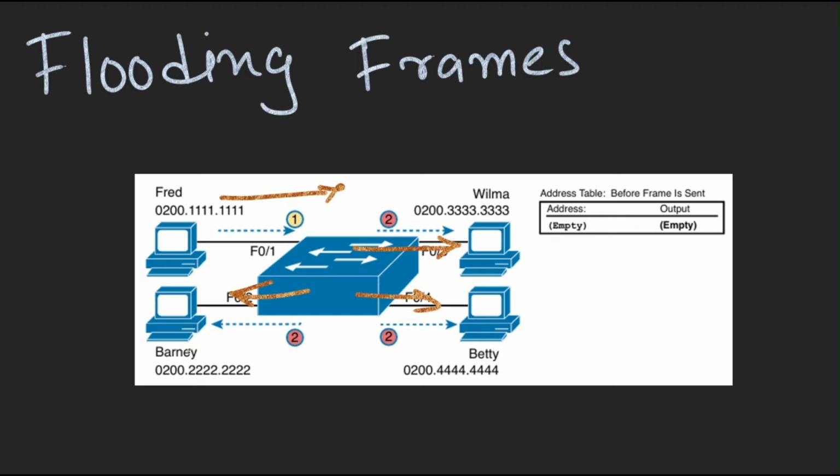And if the message is supposed to be for Barney, then Barney will reply back and the switch will get to know that Barney's computer is at port f0/2. Okay, and other computers will simply discard the frame. This happens every time a new frame is sent whose destination is not in the MAC table. Okay,